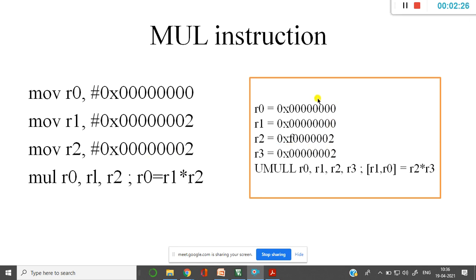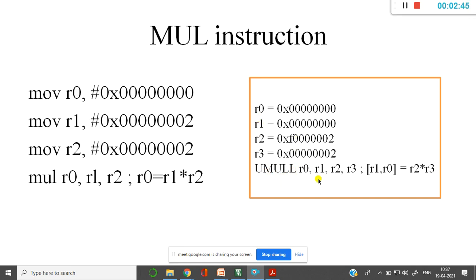Similarly, there is another instruction called unsigned multiplication long, UMULL. Other day I told you why we go for using long.